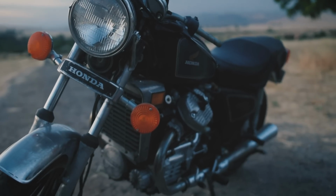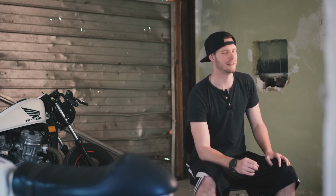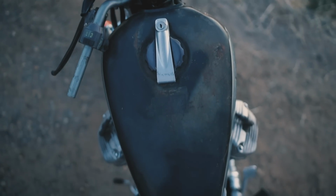2017, I bought the 1980 Honda CX500 Custom for $580 with intentions to restore it and transform it into something modern with a modern color scheme, LED lights, but still a very old school feel to it. So this video is that. It's the transformation of the CX500 from stock with scraped up, bent parts on it and in a general state of disrepair, and transform it into something really modern and cool and something I can ride every day and be